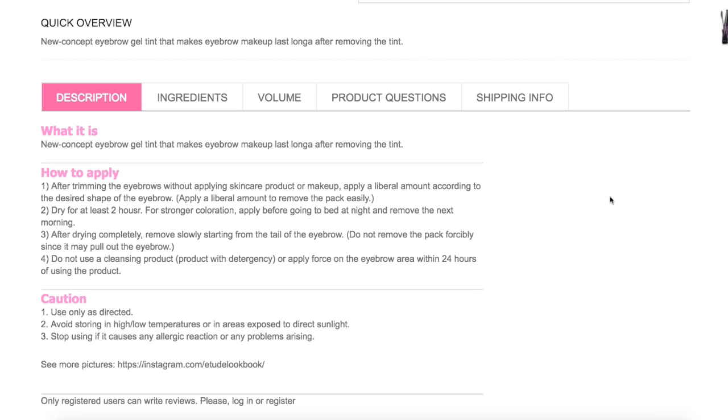What this is, it's a new concept eyebrow gel tint that makes eyebrow makeup last longer after removing the tint. That was a typo, but I like it. You're supposed to do this before applying skincare and makeup, and you're supposed to apply a liberal amount according to the desired shape of the brow, and you have to apply liberally in order to make removal easy. So I will definitely do that. And you also have to dry for at least 2 hours. Got another typo there, that's okay. And for stronger coloration, you're supposed to put this on before you go to bed at night and then remove